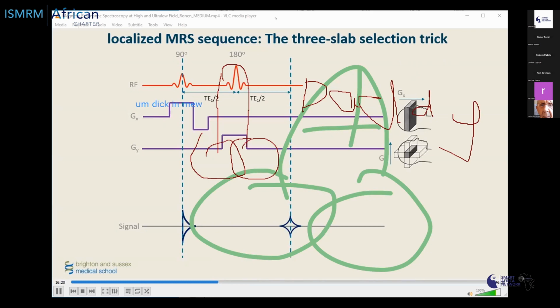But if we pulse with an operates in a perpendicular, then the echo will generate at this point in time only from